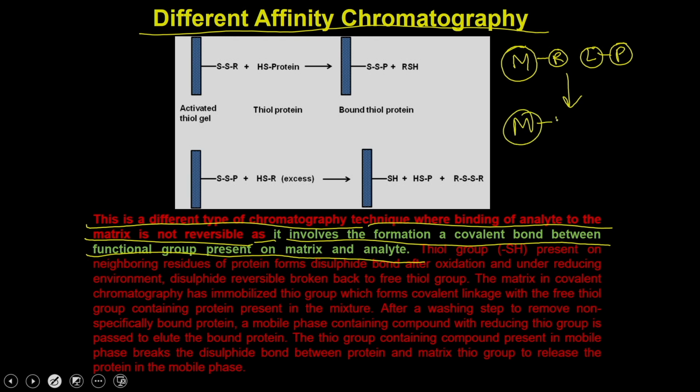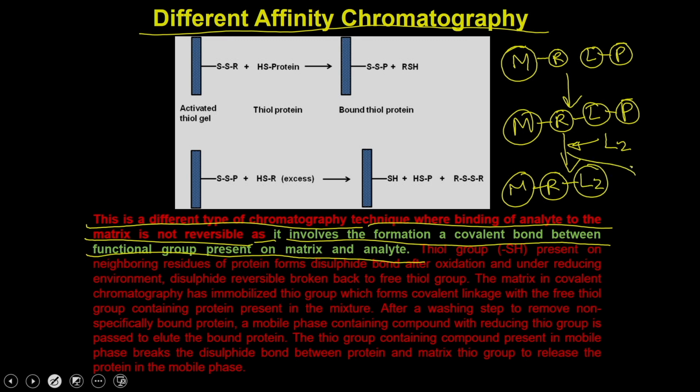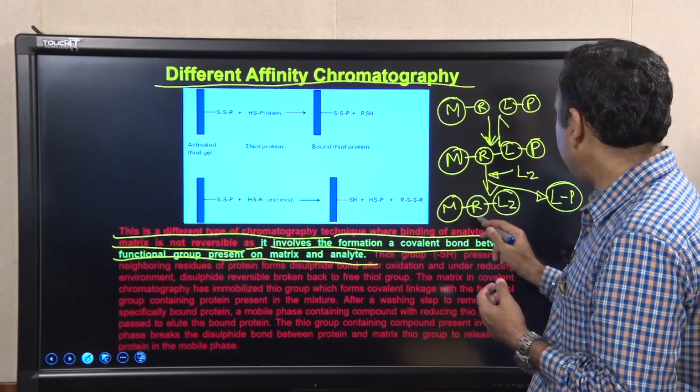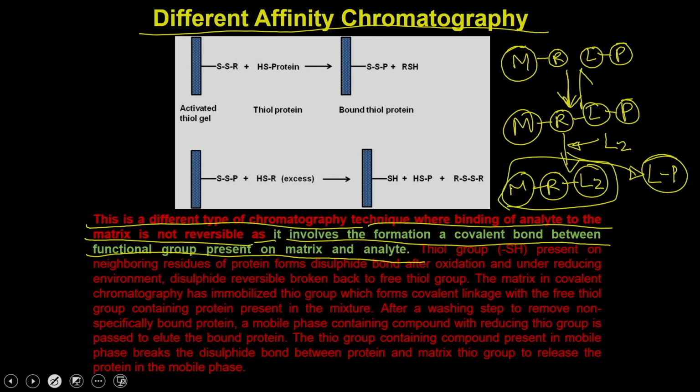the matrix-bound receptor makes a complex with the ligand which is present on the protein, and then in the third step you flow ligand number 2. The matrix, where the receptor is bound, is going to bind L2, and then your L-bound protein is going to be eluted, which means this process is reversible. Because it is reversible, you can utilize these beads for multiple rounds,